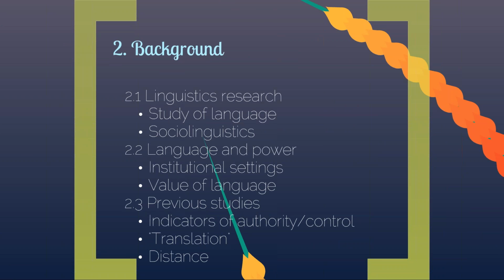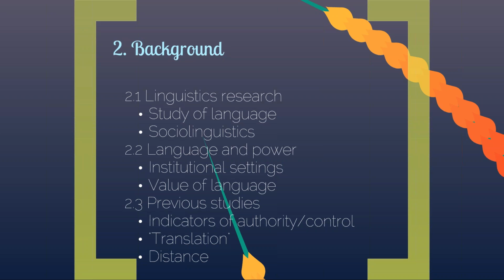But we'll get into it in a little bit more detail now. So linguistics is the area in which I did this research. It's the study of language. There's lots of different areas of study within linguistics, but this idea of looking at how lawyers and clients communicate falls within what's called sociolinguistics. And that area includes the study of how our society can be affected by the language that's used in it. So looking at that crossover or the information flow between society and the language that we use.